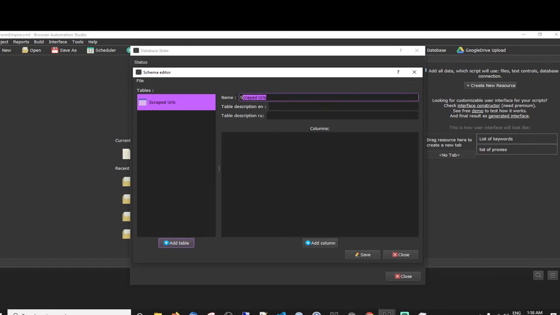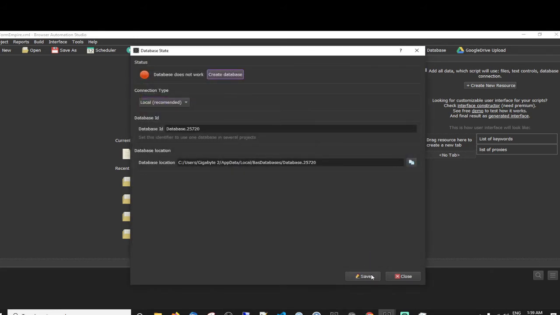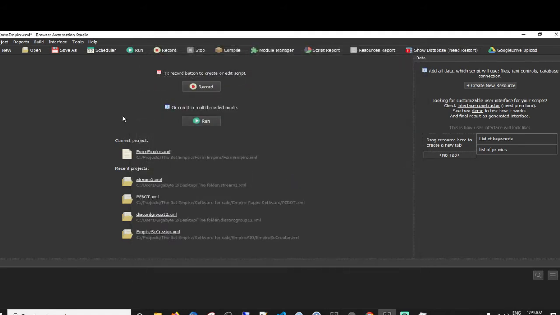And then column, very simple. Should we have the keyword it was scraped from and the URL, or just the URL? Keep it simple. Yeah, just URL. Okay, save.